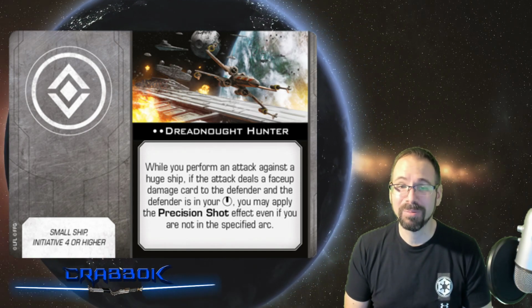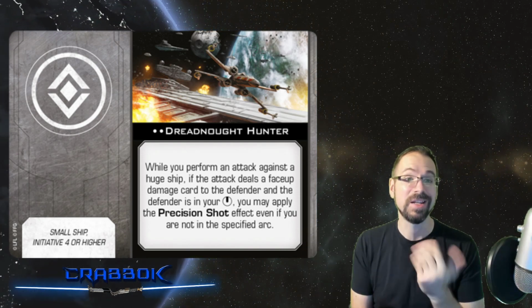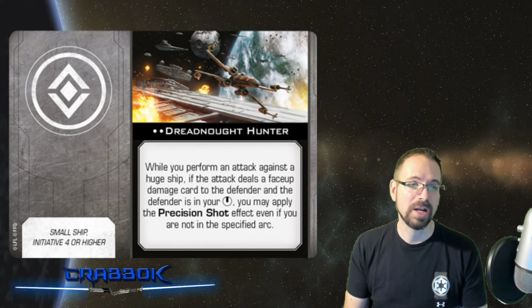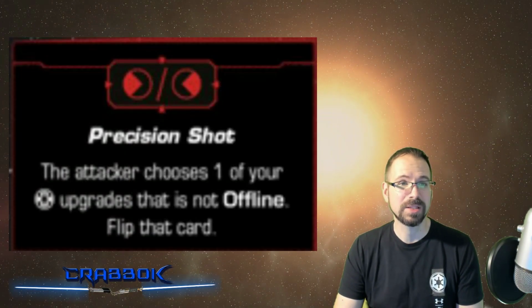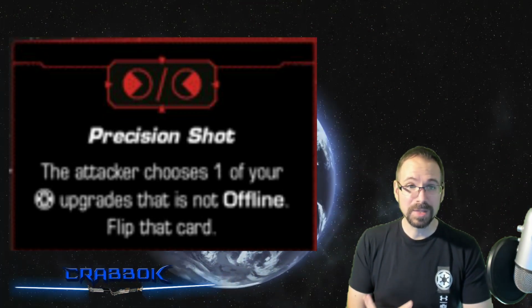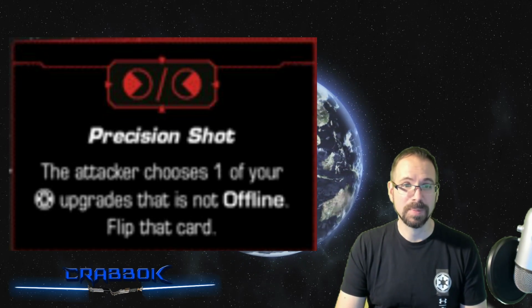and the defender is in your bullseye, which, again, against a huge ship, bullseye should be easy because how could they not be in your bullseye? You may apply the precision shot effect even if you are not in the specified arc. And the precision shot is basically what's taking a turret and knocking it offline. This one's pretty cool. And that's going to be a real bane to huge ships, especially,